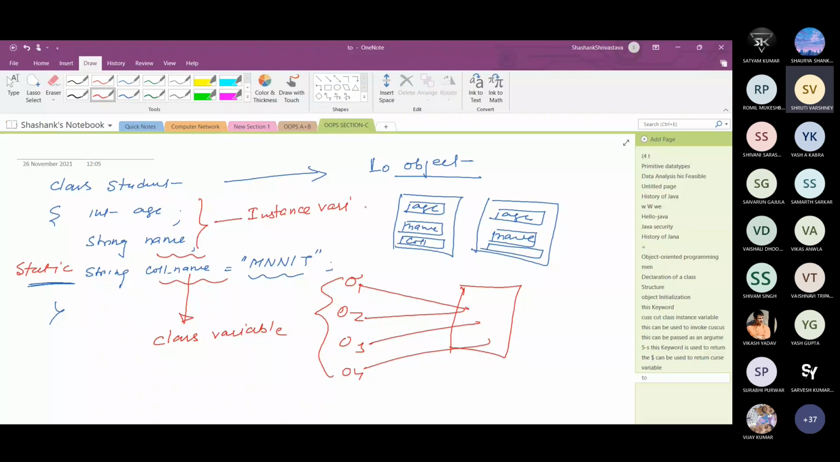So this is the difference between class variable and instance variable. If anyone asks what a class variable is, it is a static variable which belongs to the whole class rather than an object, because all the objects share the same property. So this is the significance of the static keyword. Okay, now